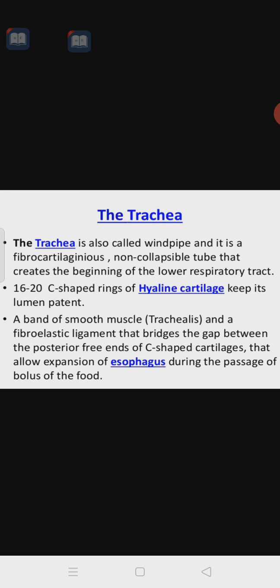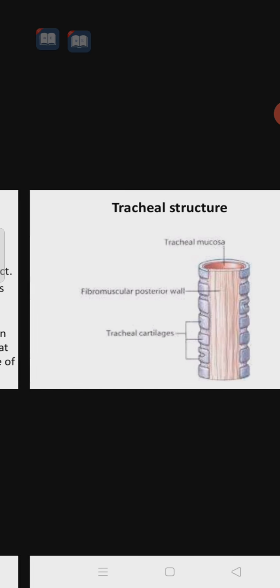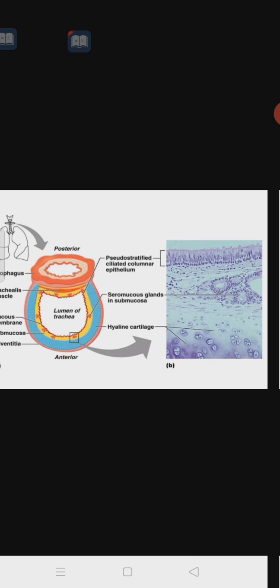So what do you know regarding the trachea? Where it is present? What is its function? That entire thing we have to study today. So you heard the word trachea. Trachea we also call the windpipe, which is present in the respiratory system. Starting with the trachea, then the two lungs are present. Within the lungs, alveoli are present. So you just imagine the structure of the trachea. I will even show. This we call the trachea.